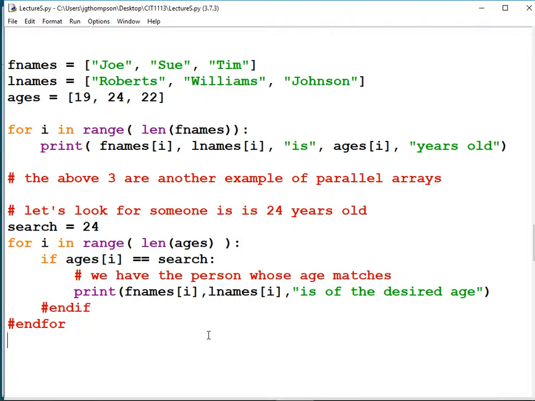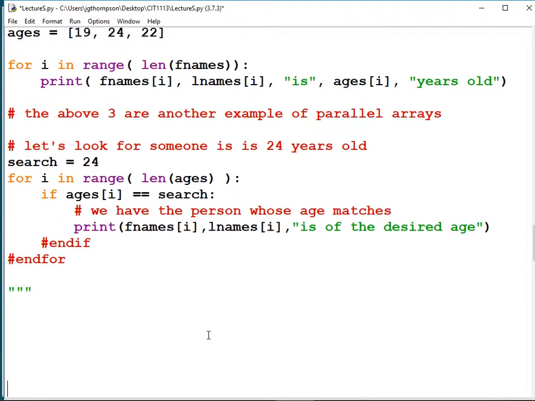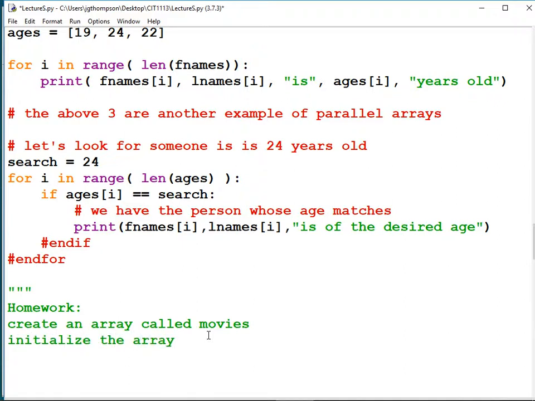All right, so we're going to need some homework about this stuff. Create an array called movies. Initialize the array with the names of 5 movies you like.